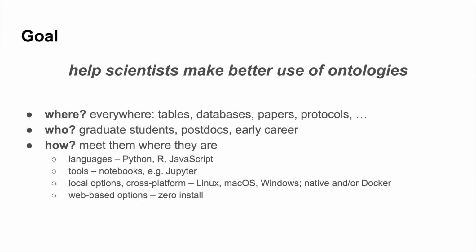Our goal is to help scientists make better use of ontologies, and to a large extent that's about using software tools better. We want to use ontologies everywhere, and we want graduate students, postdocs, early career scientists, as well as senior scientists to do them. We want to meet these scientists where they are, in particular the Python notebooks. We want them to be able to use ontologies in a whole bunch of these different places, and we're working